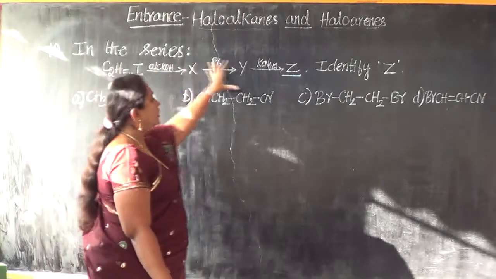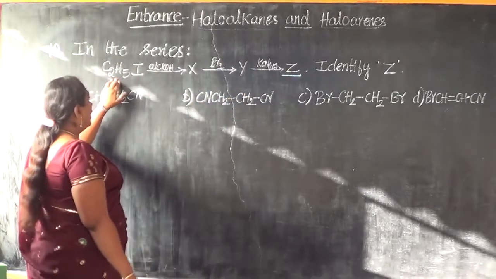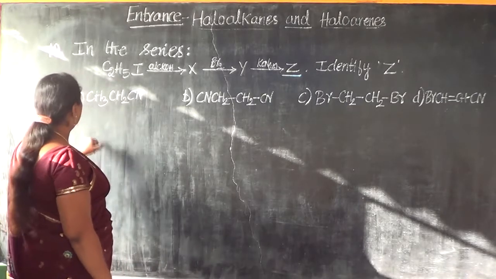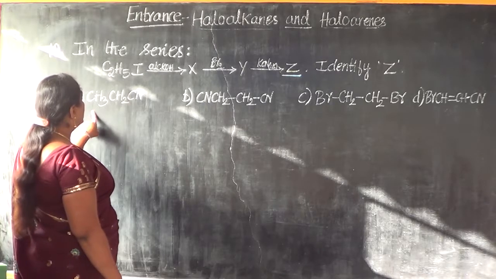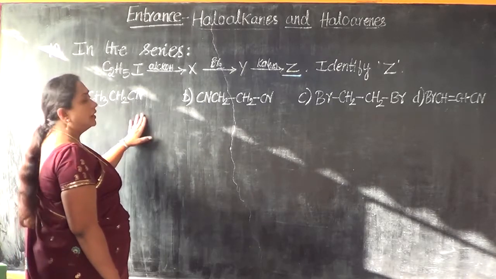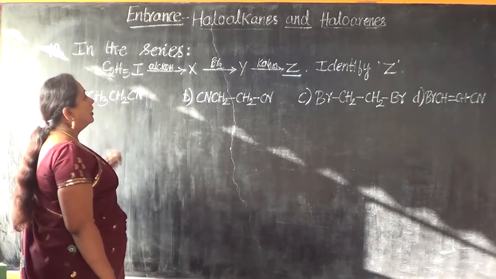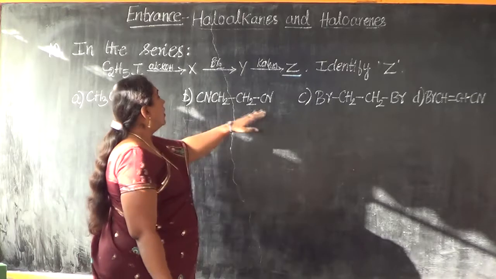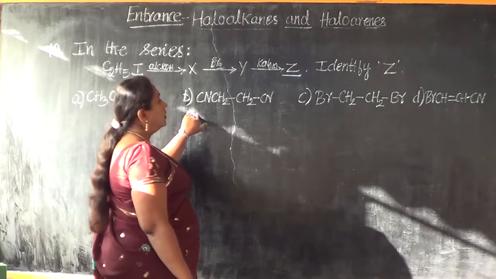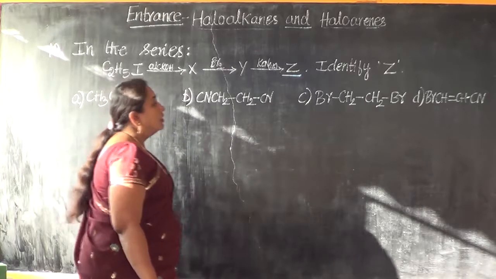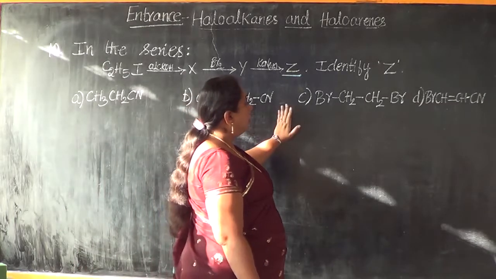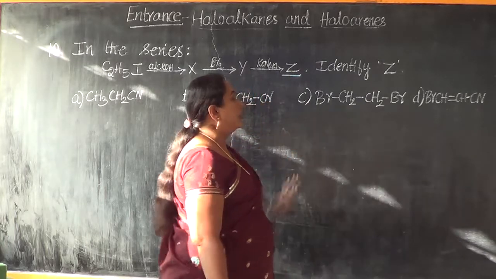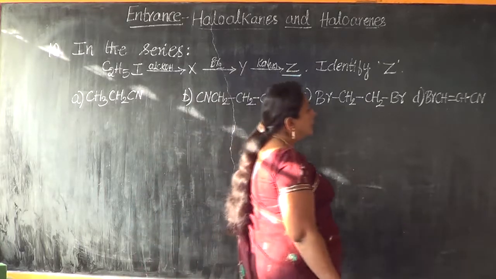We obtain Z as the final end product after a series of changes that happen to iodoethane or ethyl iodide. Option A, CH3CH2CN. Is it ethyl cyanide or propane nitrile? Option B, is it 1,4 butane nitrile? Option C, is it 1,2 dibromoethane, or is it